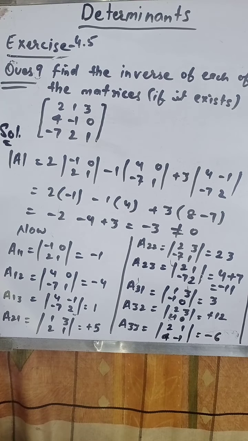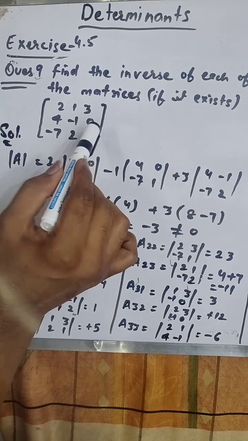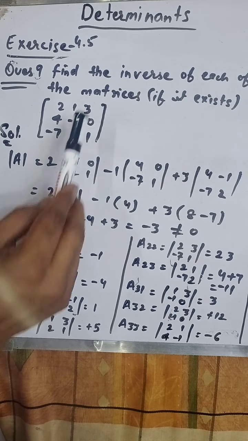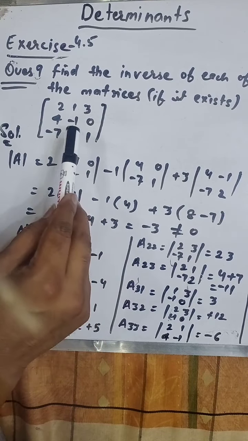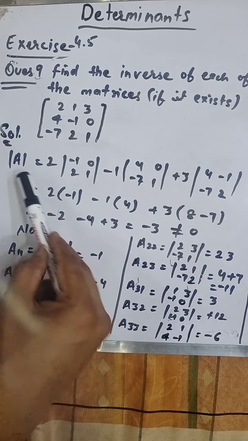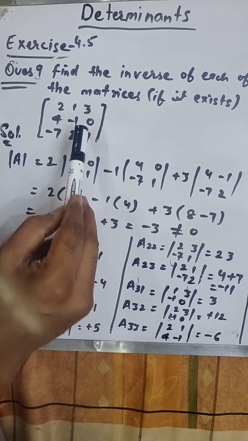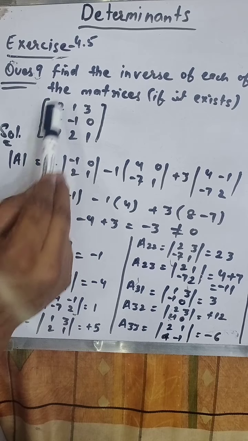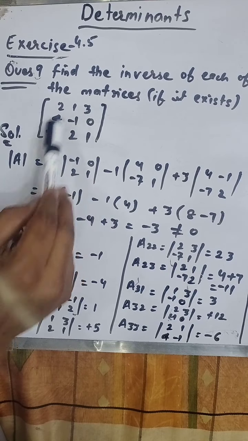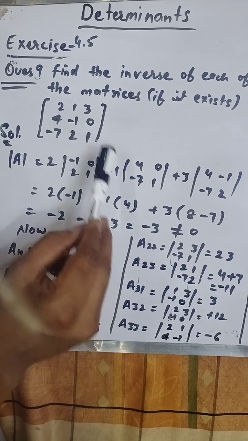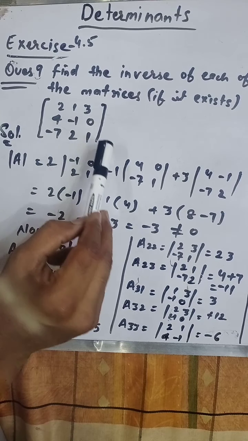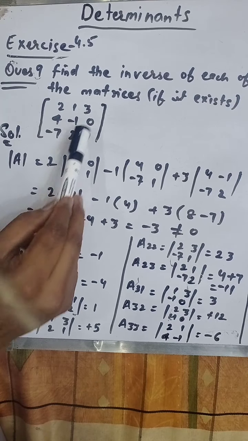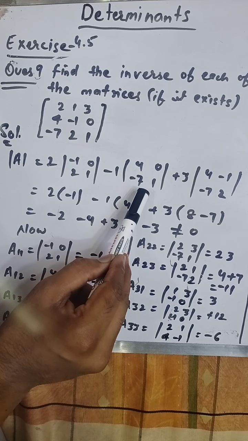In case we have to find the inverse of any matrix, we have to find the determinant of A first. That means we have to expand it and check that the value is not equal to 0. So this is the determinant of A, and I'm expanding it along the first row. I know you can solve it. 2 I'm taking outside, and then you have to check in which row and column it is coming and write the 4 numbers. Similarly -1 here, again check the row and column. It is coming in the first row and second column, so you have to write 4 7 0 1. These are the elements of this minor.